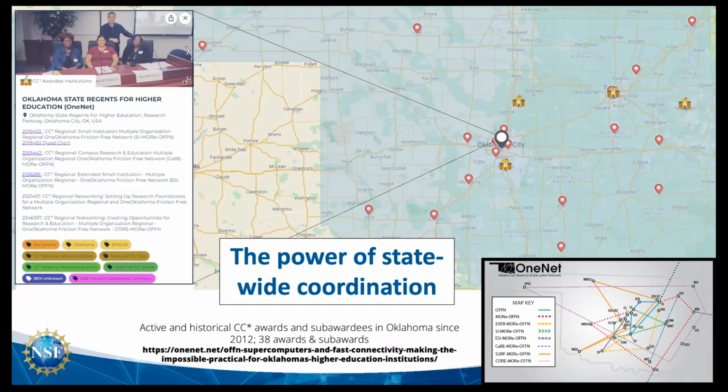So I saw that Stephen Wheat's talking a little later this morning. He will be a great example of what Amy put together on this slide to just show in one state how multiple institutions have taken advantage of this program. Amy counted, if you include the sub-awards, something close to 40 different awards, sub-awards, just to institutions in the state of Oklahoma. I think the number of actual awards is in the 20s.